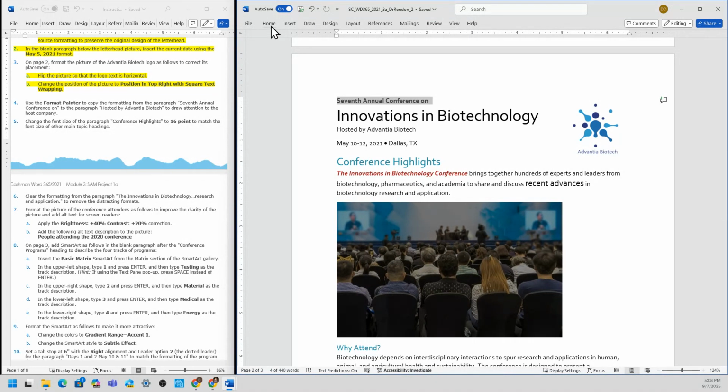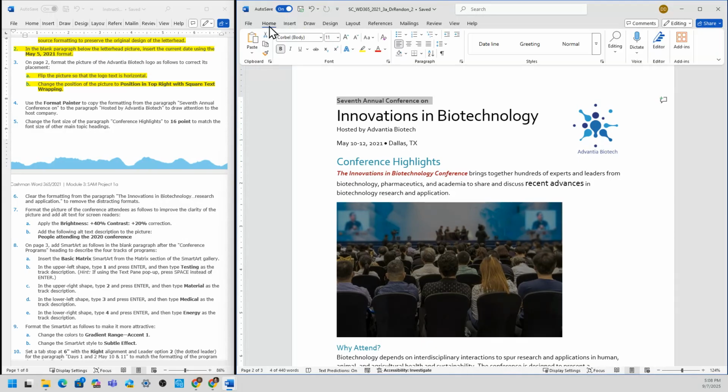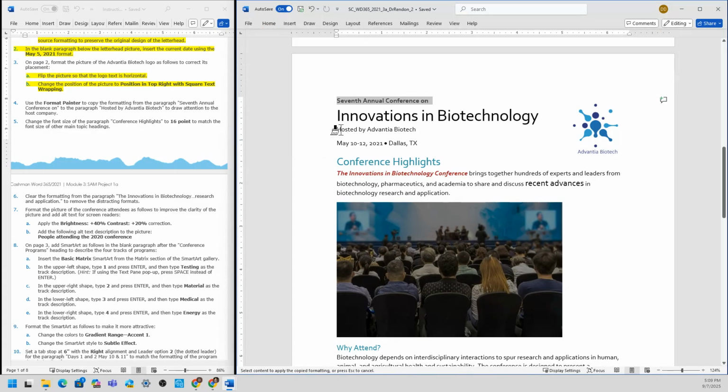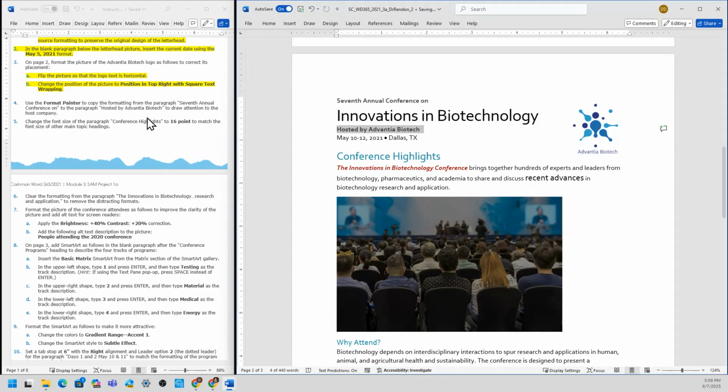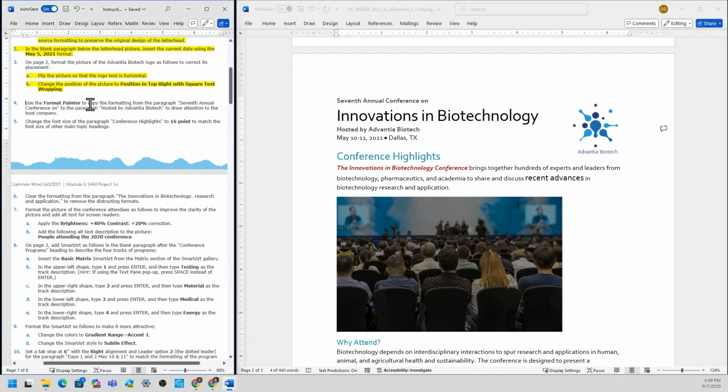Highlight the words 7th Annual Conference, select the Home tab, select the Format Painter icon, and then select the words Hosted by Advantia Biotech. There you go. Step 4 is done.